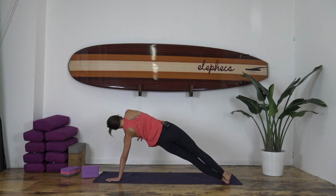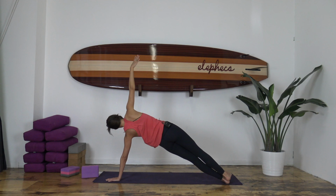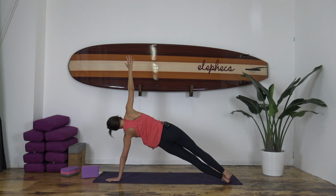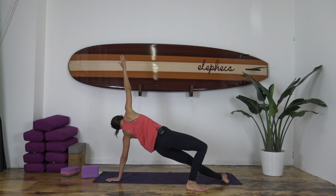Just keep the left side of your body lifted. Try not to roll that right hip all the way back. Keep it in line. If this is enough, you can stay here. If you want to come into wild thing, take your right foot, place it firmly behind you and behind the